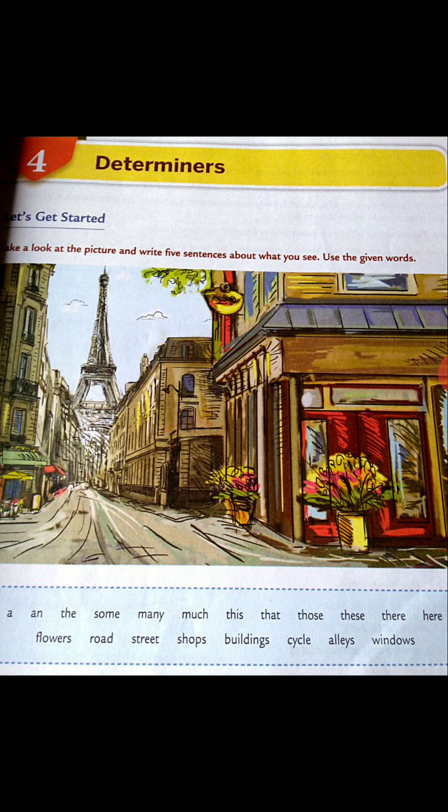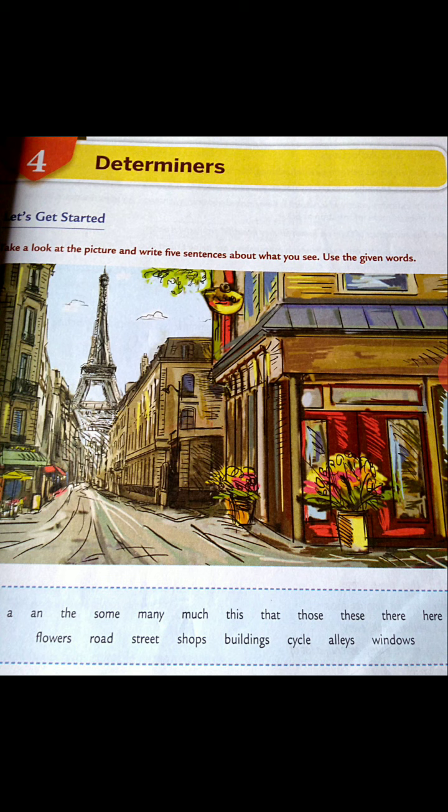It can be, children, for example, this is a street in Paris. You have the Eiffel Tower shown there right in front. There are several shops here. Then you can also construct your own sentence. You are seeing there is a flower shop right in front. So this way you form your own sentences, 5 sentences. I want you people to form 5 sentences as quickly as possible.